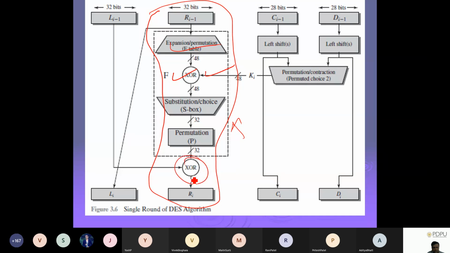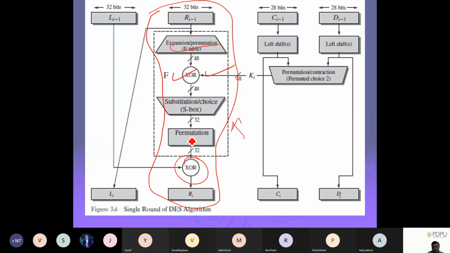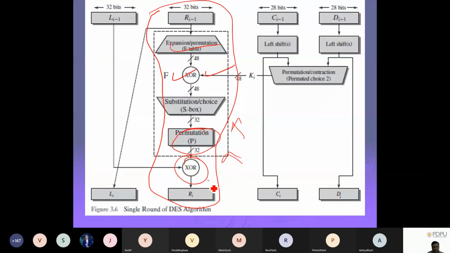Oh, this one. Okay. I think you can see that after you are getting 32 bits here, you are here only, after the permutation box. So this thing that you can see here in a dotted box is our function, that's what they are going to use. And whatever you are getting as a 32 bits output, you do the XOR with the left part of the previous round. Then you are getting the right one.